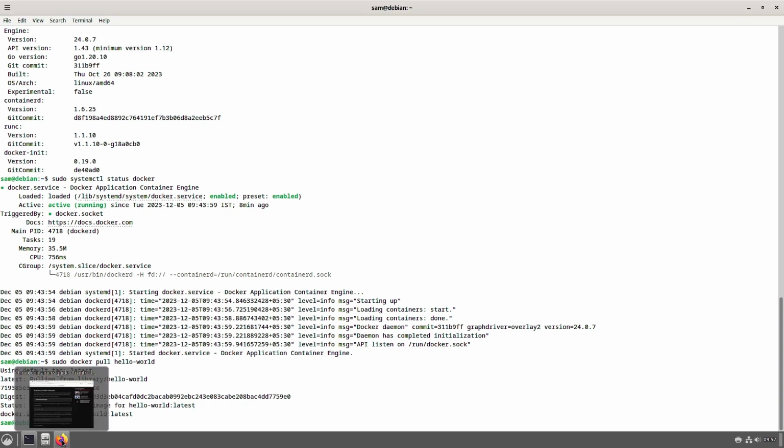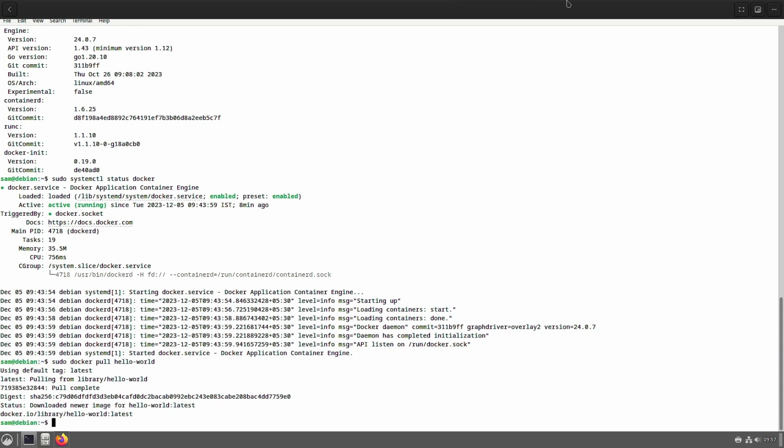Once this is done, you can see here the downloaded newer image for hello world latest. So you can see here it is added to the Docker library. You can see here, this is from where the hello world has been downloaded and installed inside the Docker. Now